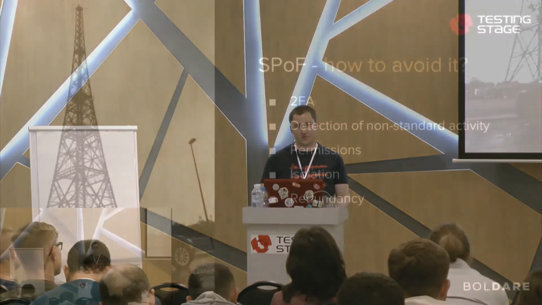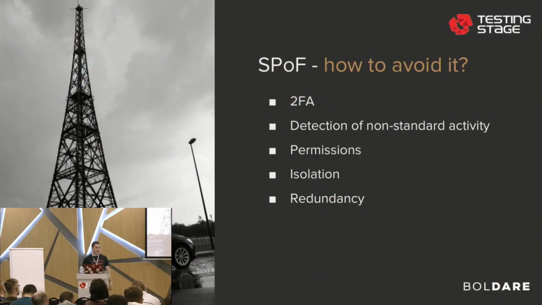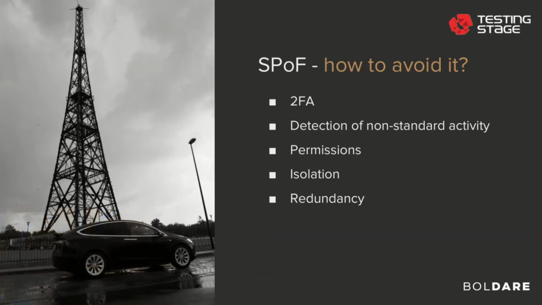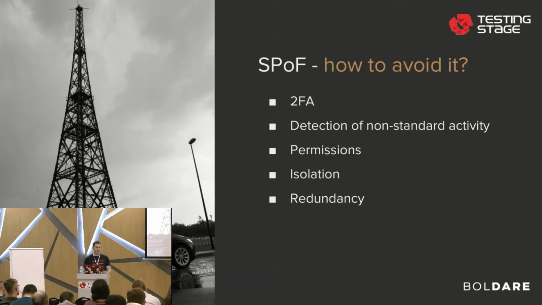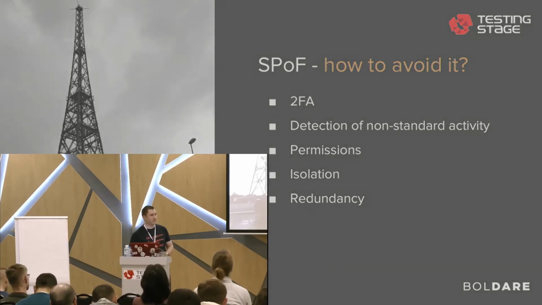First thing, two-factor authentication. For example, if you use your bank account, you have to confirm some actions with a second factor, like, for example, an SMS code or some token. If you use your email, that's the same case, or GitHub, you can enable 2FA, and you not only have to have your password, but also this second factor, like, for example, a token, SMS code, or something else.